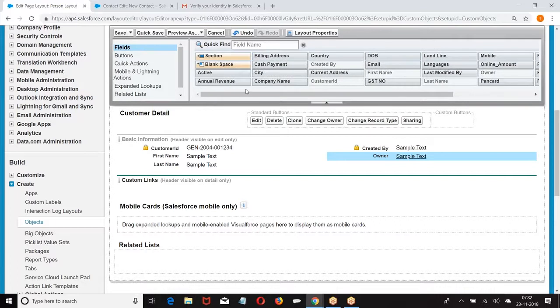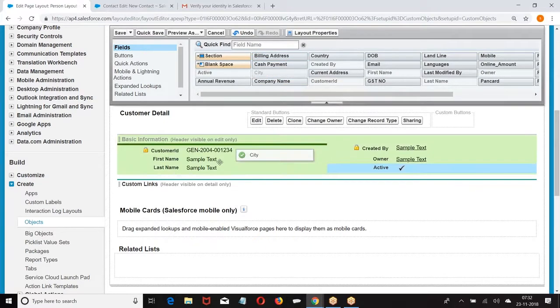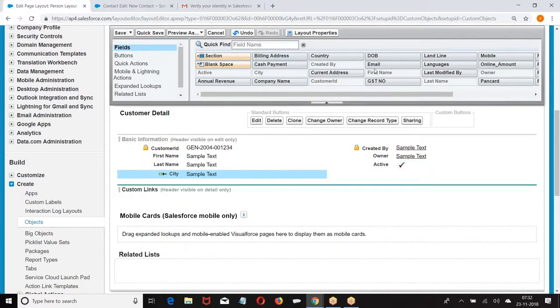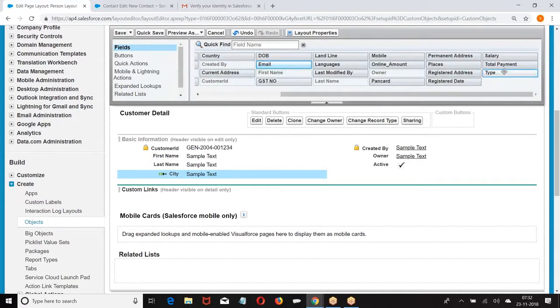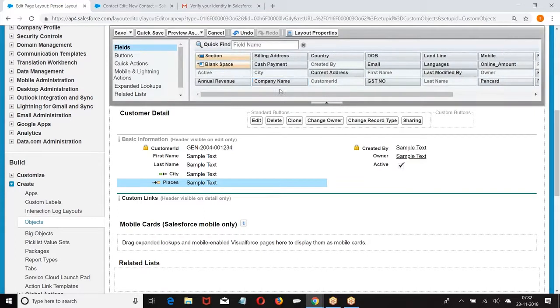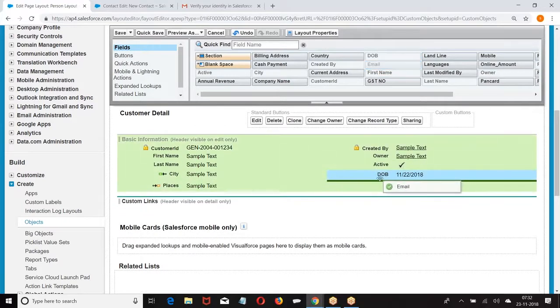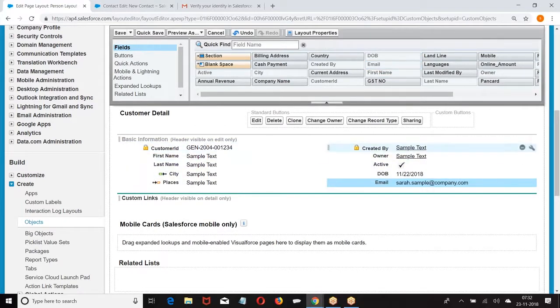Then I have some other information like city. This is how I created a couple of fields here. Save it.